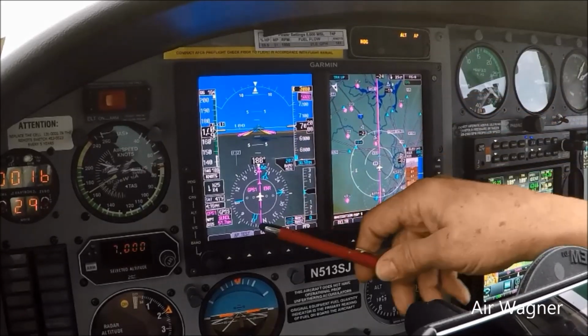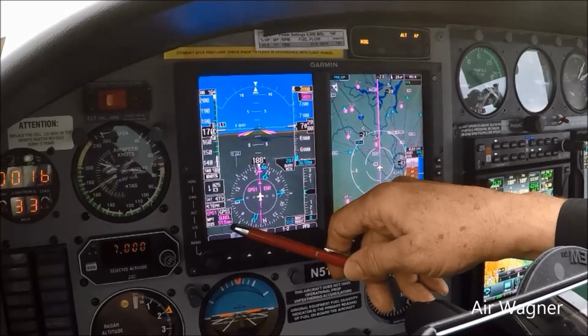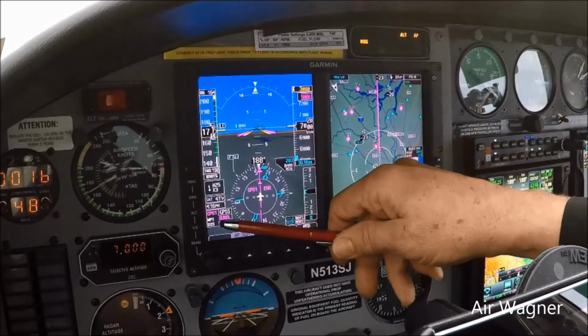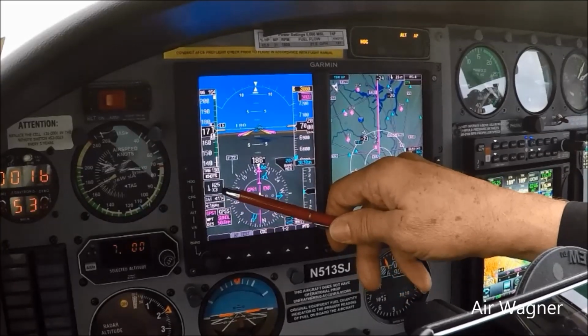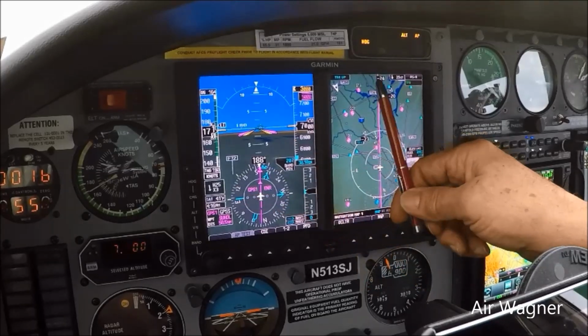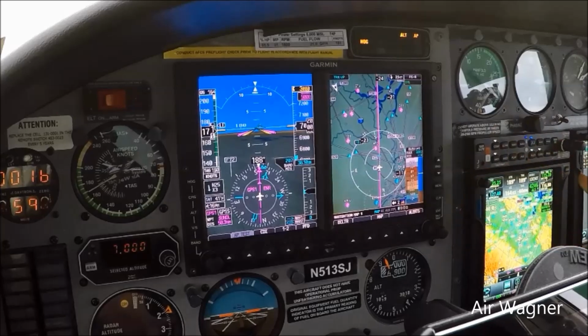Let's take a trip around the G600 today. We're navigating on GPS 1 towards Sonol, 51 miles away. It's 4:16 in the afternoon, 41 degrees out. Headwind of 25, crosswind of 3. And if you want to see the direction the wind is coming from, you can see it here. It's right at us. I do have the ability on my